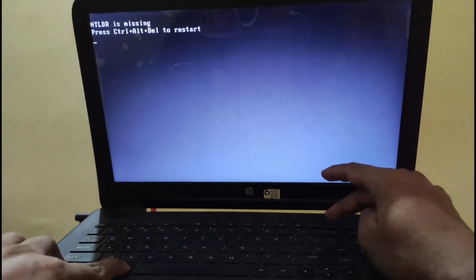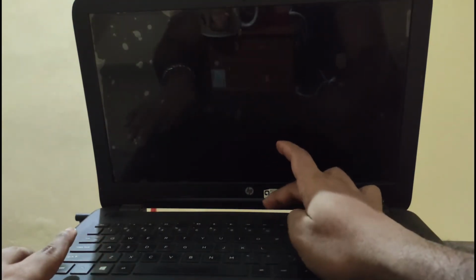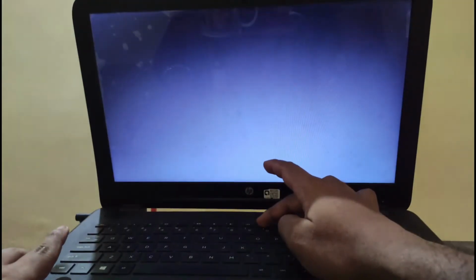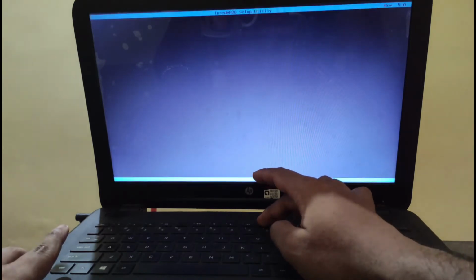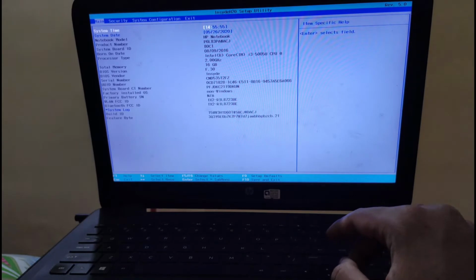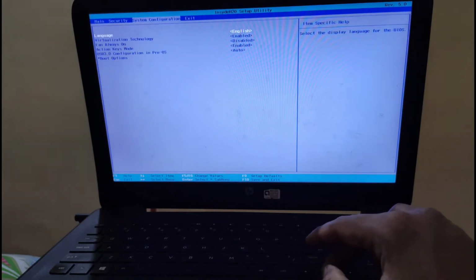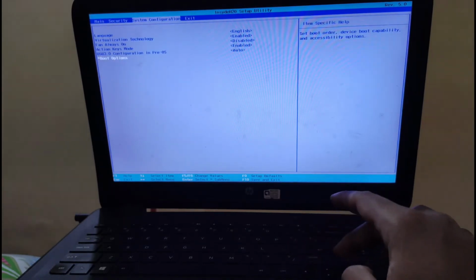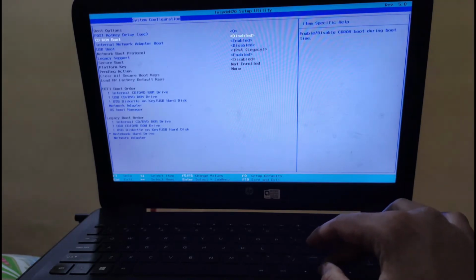So Control Alt Delete, and I will press F10 this time. It will go to the BIOS. I won't exit. I will go to System Configuration, Boot Options, down, click here.